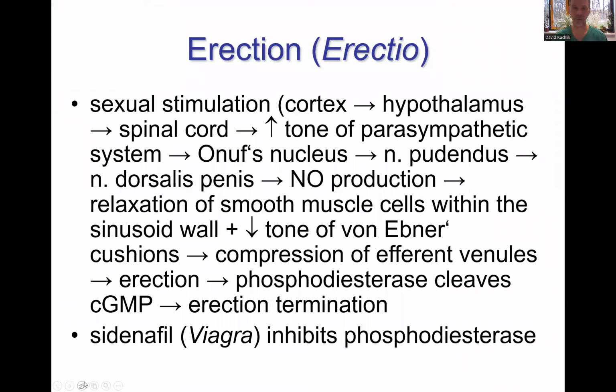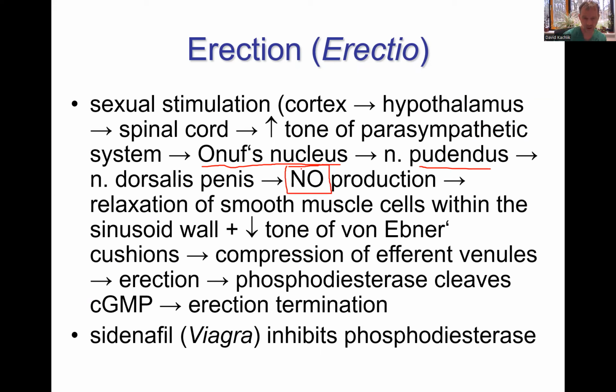And now a principle of erection. The erection is parasympathetically based, and ejaculation is sympathetically based. So after sexual stimulation, which can be either based on skin receptors or based on visual or auditory stimulation, then the brain cortex is stimulated, and via hypothalamus and spinal cord we come to S2 to S4 area of spinal cord, where is the Onuf nucleus, and it elevates the tone of parasympathetic system via pudendal nerve coming to the penis, where the production of